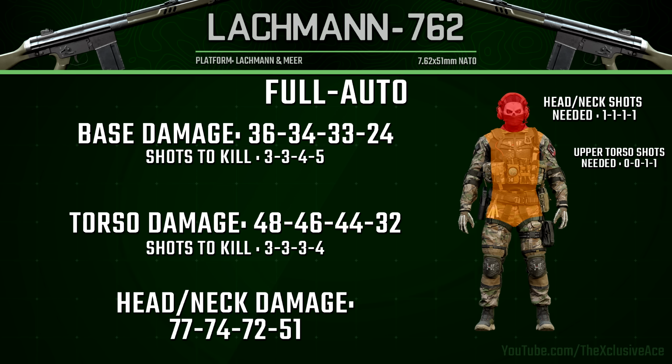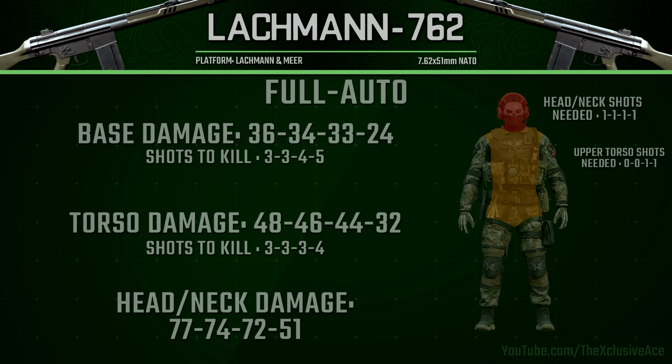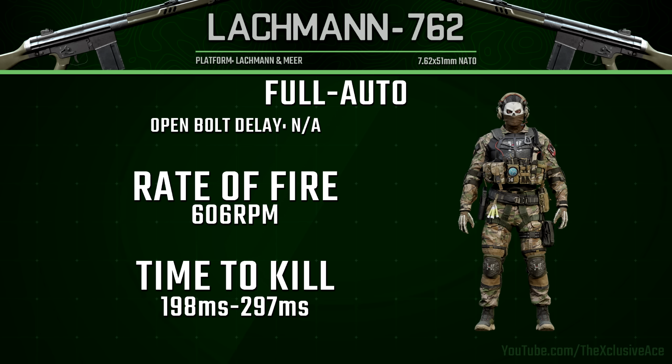However, mixing a headshot in with torso shots at any range will reduce the number of shots to kill, so you can get pretty consistent 2-shot kills as long as one of those bullets hits them in the head. Also, it is pretty forgiving with those torso shots up close. For the first 2 damage ranges, it doesn't matter if you're mixing limb shots in, it's still going to be a 3-shot kill. As for our rate of fire in full auto, this is 606 rounds per minute